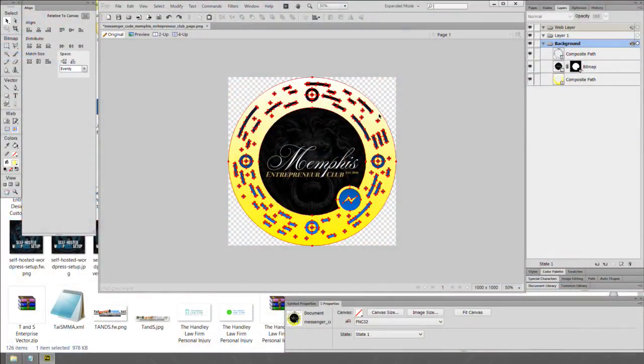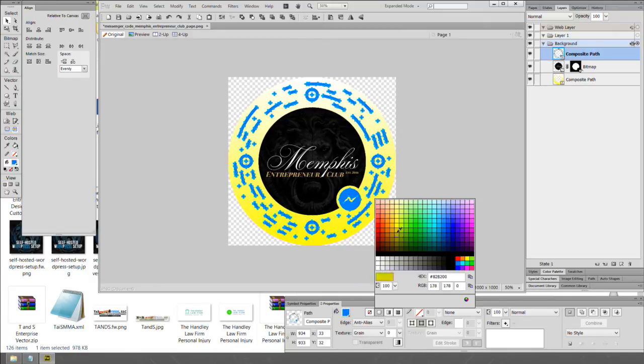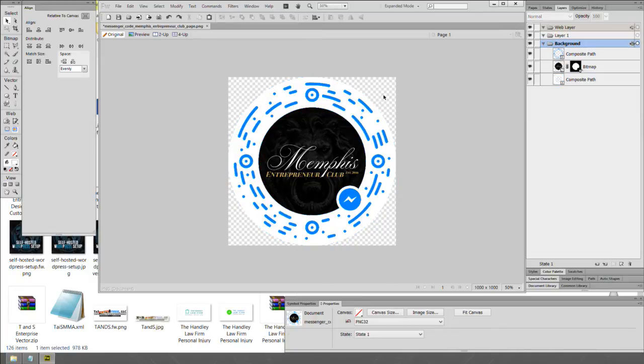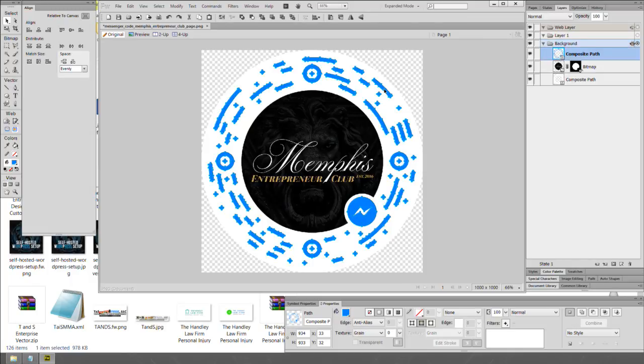So there you have it. Obviously, I like to keep the original color. And boom, it's vectorized. Now, here's the difference between a vectorized and a rasterized or flattened